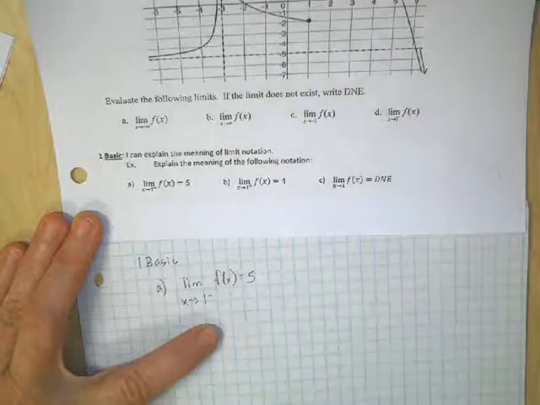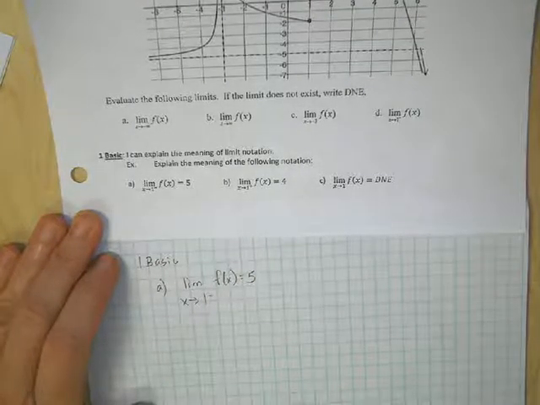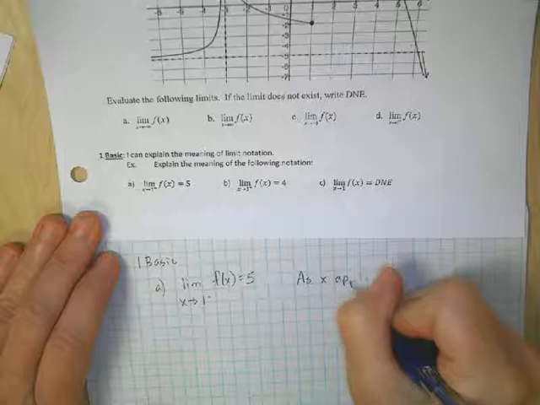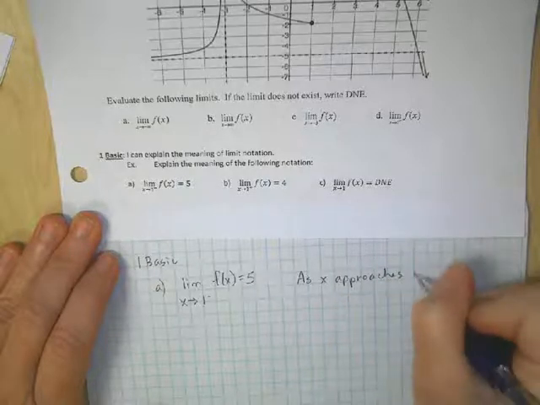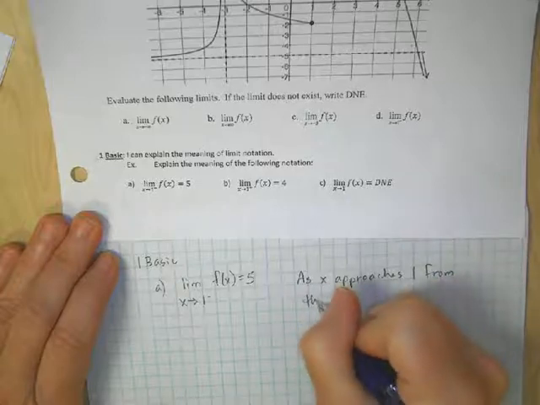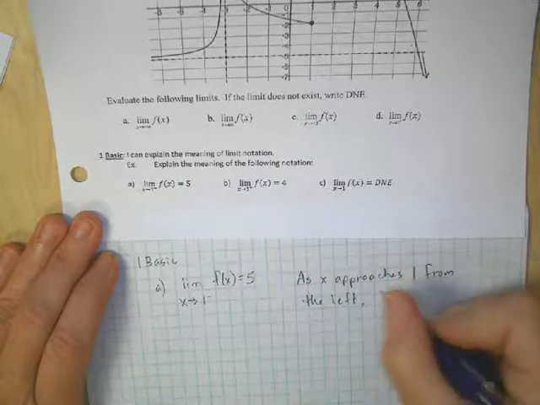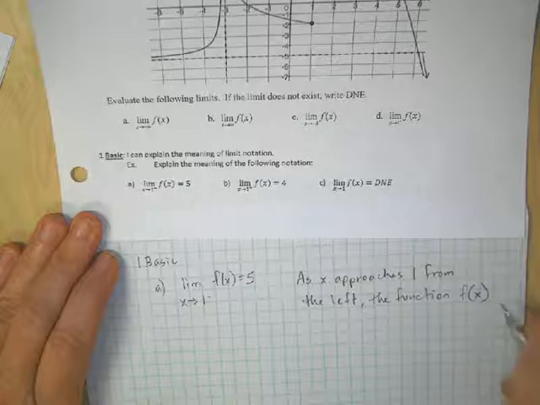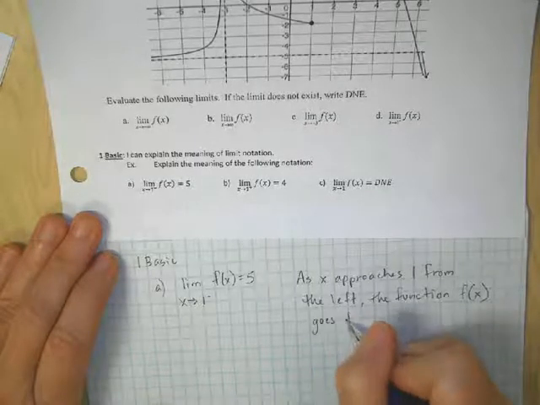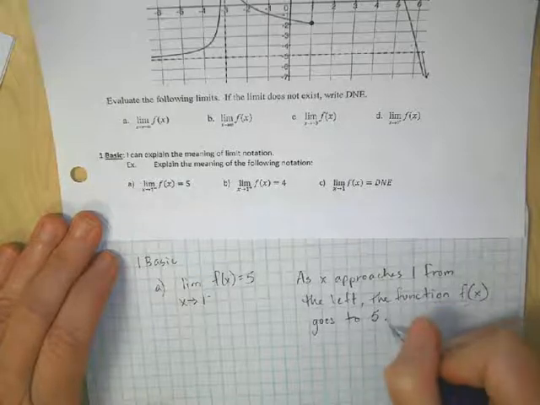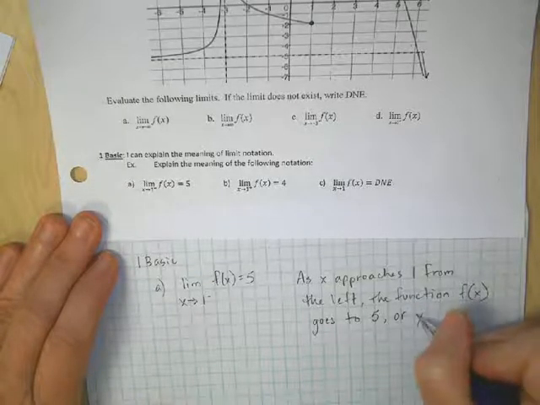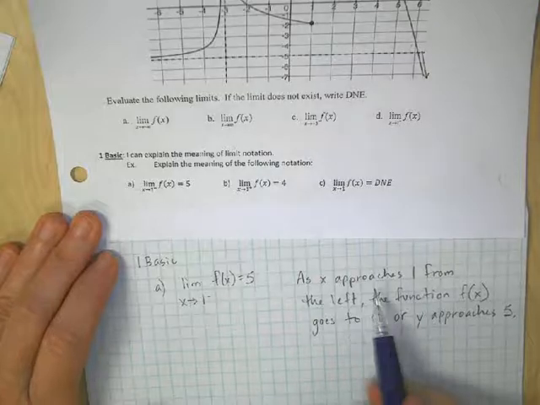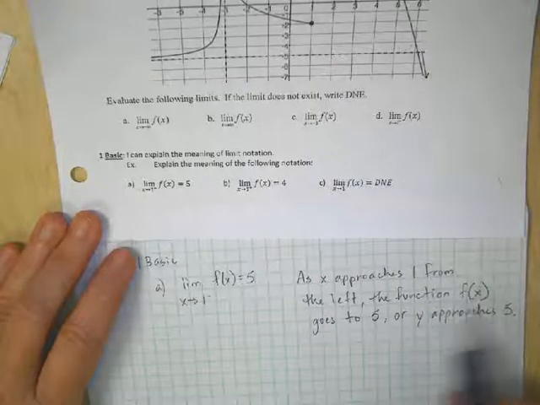Okay. Explain the meaning of the following notation. All right, so we're just writing this out in plain English. As x approaches 1 from the left, the function f of x goes to 5. Or, another way of saying that, y approaches 5. So as x approaches 1 from the left, the function f of x goes to 5, or y approaches